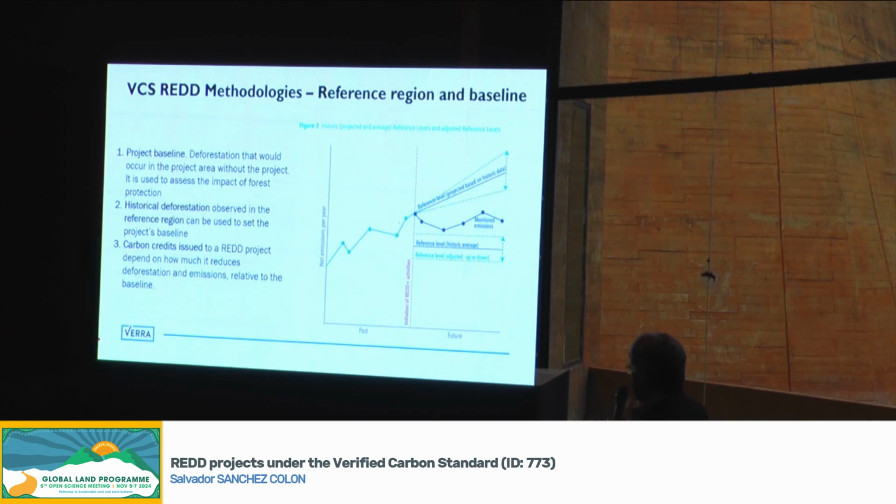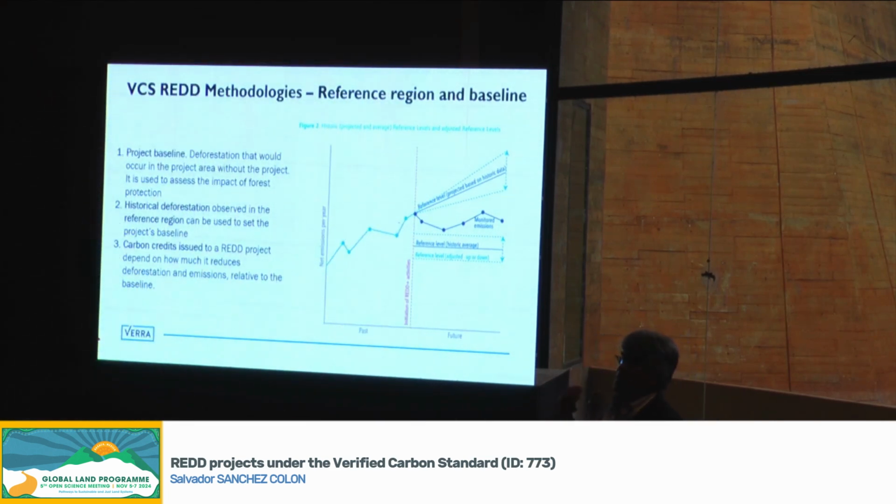And what you observe is, I cannot point it out here, but this broken dark blue line is the deforestation that actually happened in the project area during project implementation. And the efficacy, the performance of the project is judged by looking at that actual deforestation in the project area against what would have happened in the absence of the project, the baseline, the straight line in dark blue color. The difference between the two basically describes